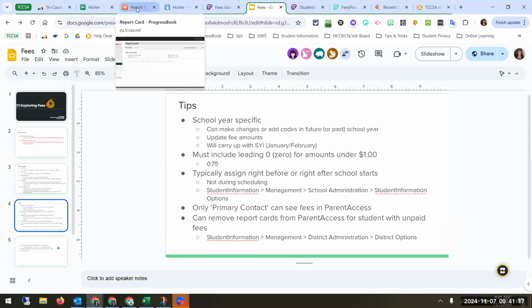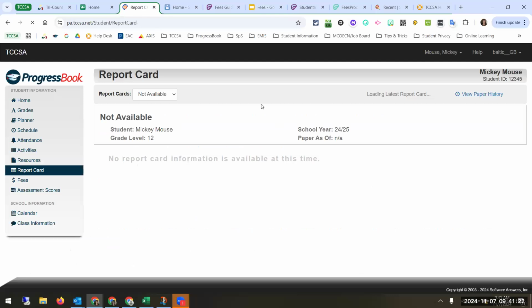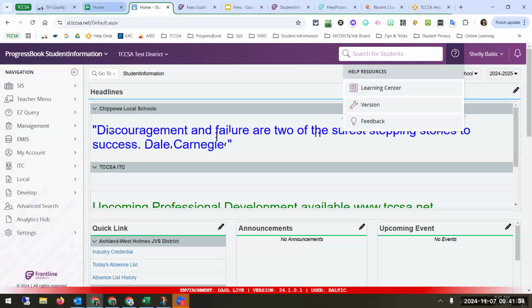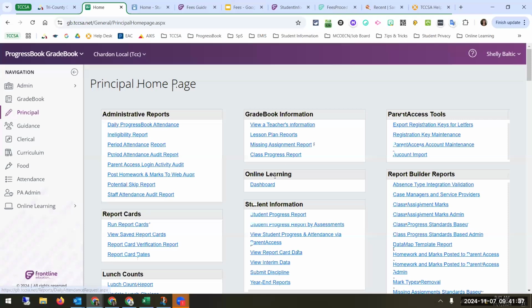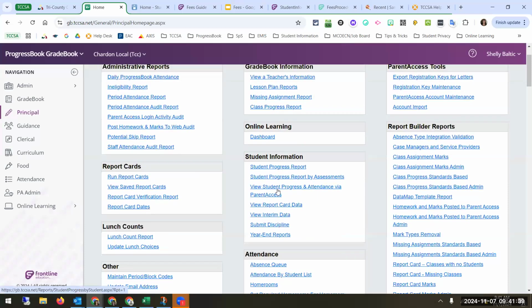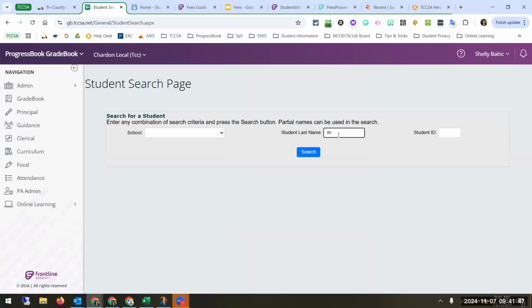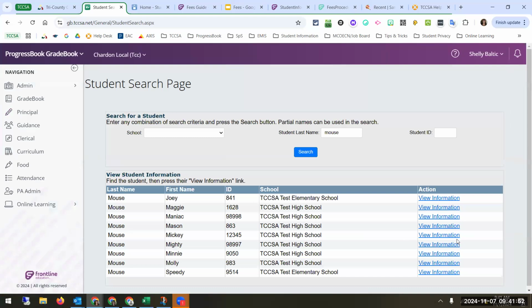So if I am looking at this as a parent, so I'm in parent access. So I have this view paper report card over here. Hold on, let me refresh my screen. Oh, I'm on the wrong student. I'm sorry. And if you don't know how to view parent access, for those of you that have the principal page, you have view parent student progress through parent access. So you can view what the parents and or students see. So if I pull up my student,